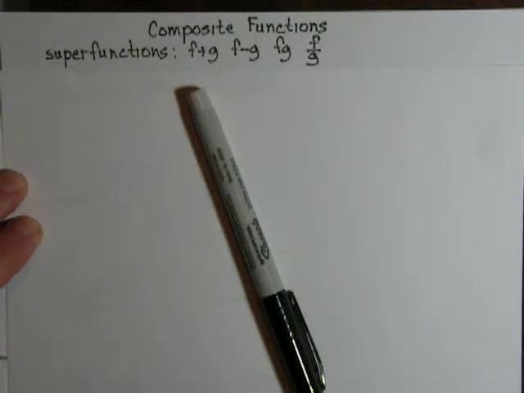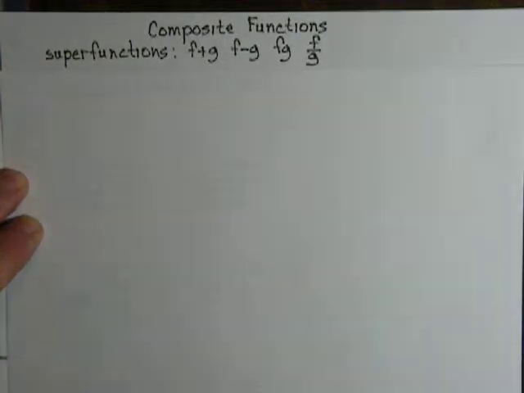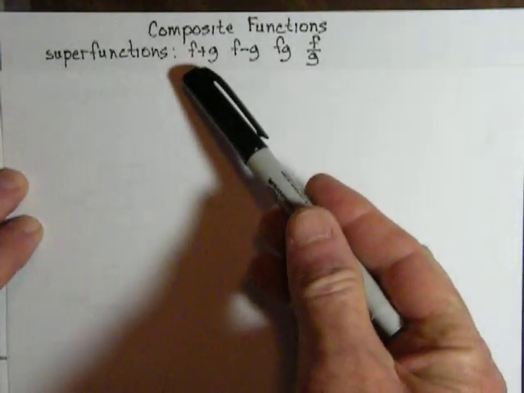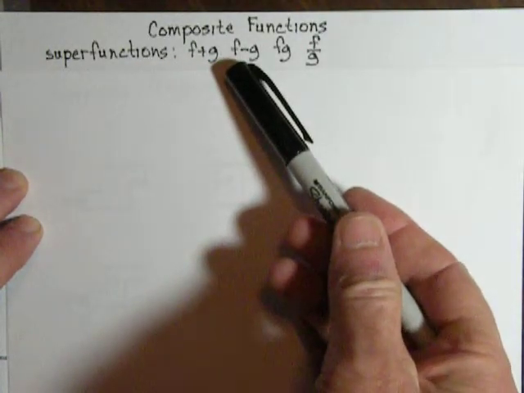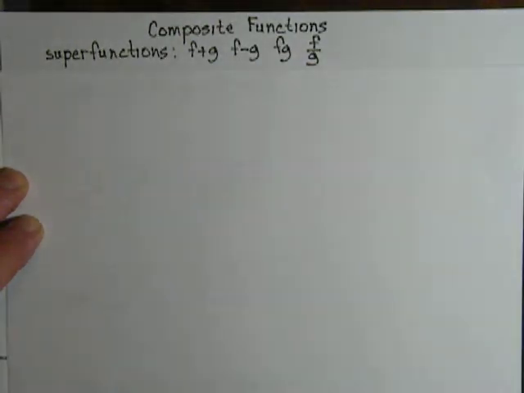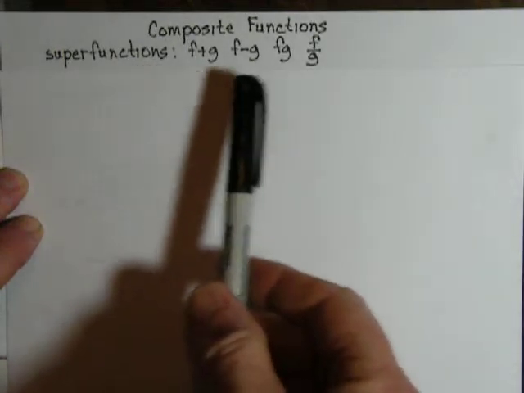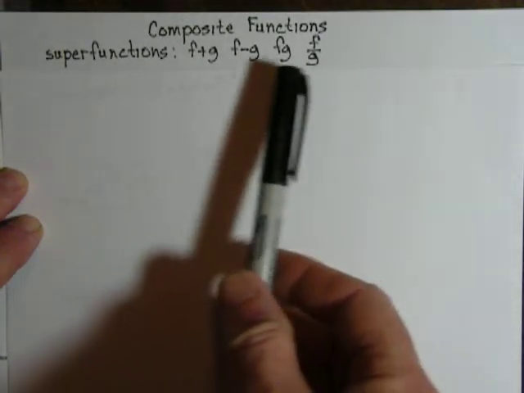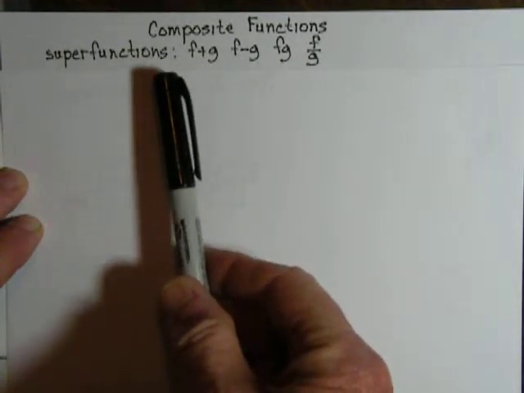Previously, we talked about superfunctions. As a matter of fact, we talked about the superfunction f plus g, the superfunction f minus g, f times g, and f divided by g. Now, one thing about all of these functions, the easy way to do it was, if we had a number